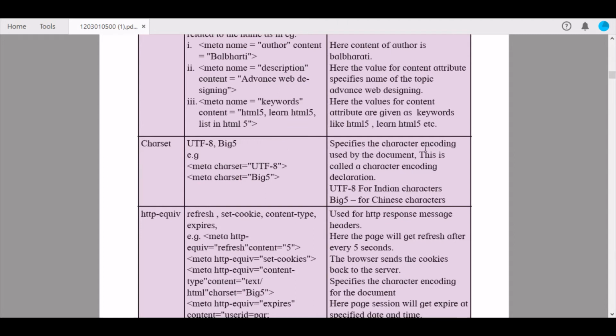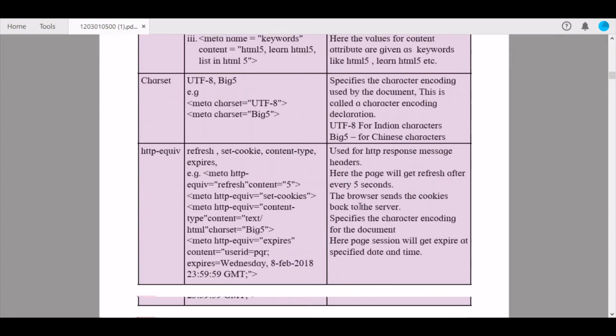This specifies the character encoding used by the document. This is also called a character encoding declaration. The actual meaning of the values has been provided in the description: UTF-8 for Indian characters, Big5 for Chinese characters.